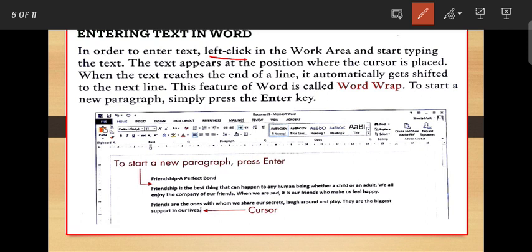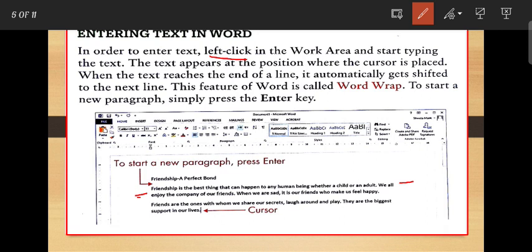When the text reaches the end of the line, it automatically gets shifted to the next line. Here you can see it automatically gets shifted to the next line. This feature of Word is called word wrap.